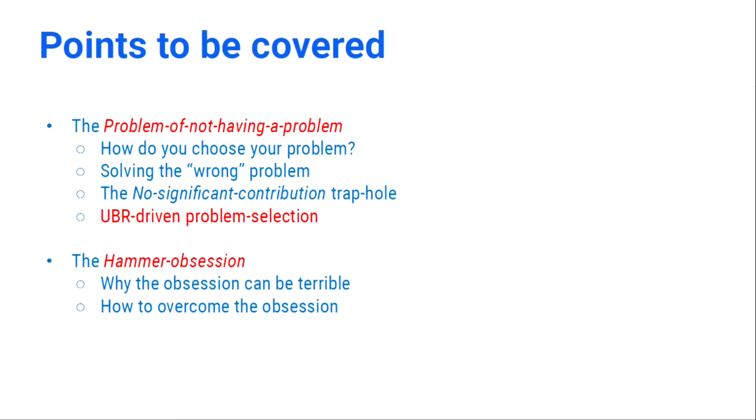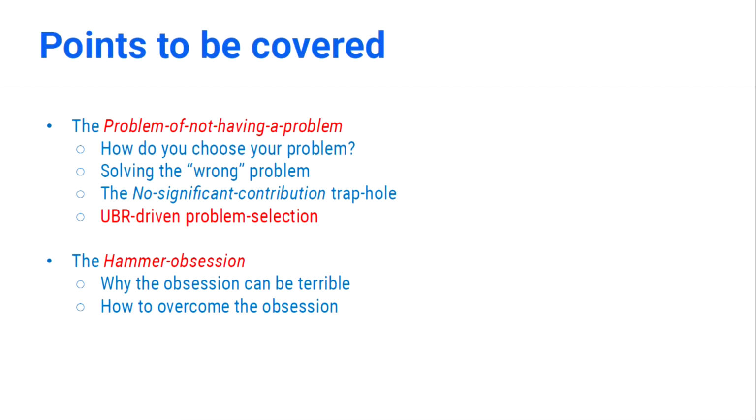We are going to do some voting over here on how you choose your problem, and let's see what's your style. Solving the wrong problem is a big issue. A lot of times the hardest problem may not be the right problem to solve. You can be tackling a very hard problem, but that may not be meaningful. And this entire talk is about applied sciences, okay? It doesn't really fit into pure sciences like pure mathematics or humanities. So the scope of this talk is AI, machine learning, and similar applied sciences.